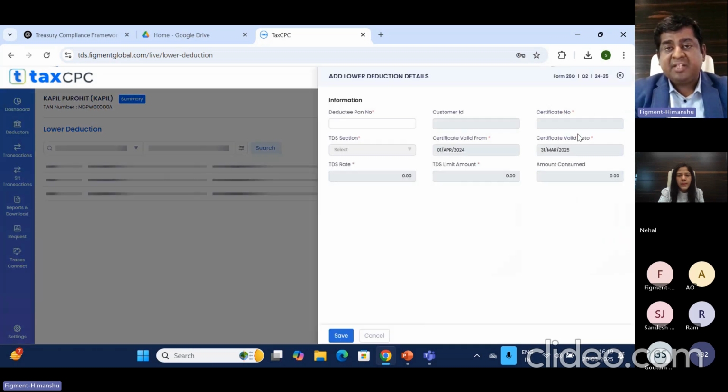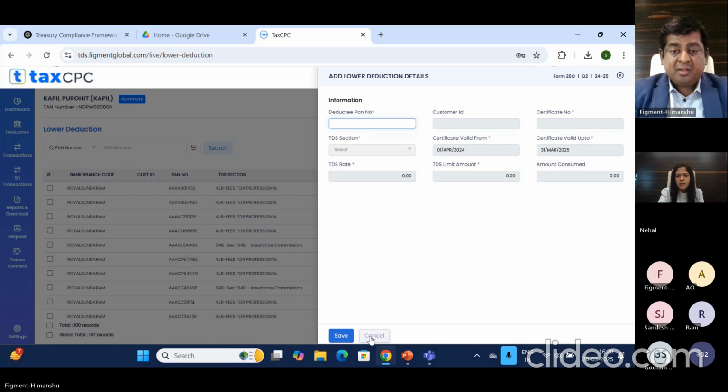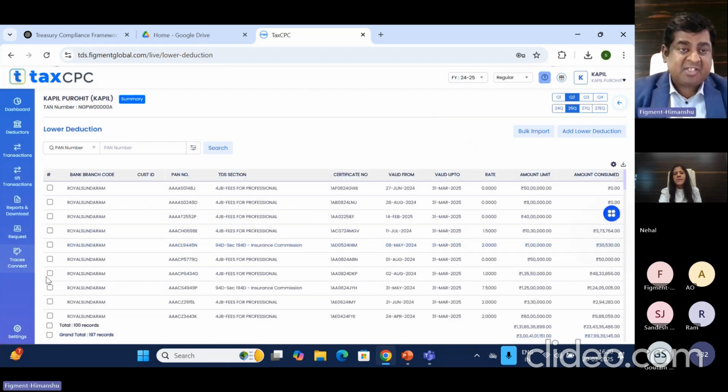अब यहाँ पे कैसे आएंगे लोअर डिडक्शन के सर्टिफिकेट, तो हमने दो ऑप्शन दिए हैं। या तो आप ऐड कर सकते हो लोअर डिडक्शन सर्टिफिकेट मैन्युअली। यहाँ पे आप पैन नंबर डालिए, कस्टमर आईडी, सेक्शंस, ये सारी चीजें डाल के आप मैन्युअली लोअर डिडक्शन सर्टिफिकेट्स को ऐड कर सकते हैं। और या तो फिर आप डेटा फैच कर सकते हैं। फैच कैसे करना है मैं उसको आगे आपको प्रोसीजर बताता हूँ। एक बार ये डेटा फैच हो गया, तो आपको दिखेगा ये किस पैन नंबर के लिए लोअर डिडक्शन सर्टिफिकेट है, फॉर व्हाट सेक्शन इट इज सर्टिफिकेट हैज बीन गिवन, व्हाट इज द सर्टिफिकेट नंबर, फ्रॉम विच डेट टू विच डेट इट इज वैलिड, एंड व्हाट रेट द लोअर डिडक्शन सर्टिफिकेट हैज बीन प्रोवाइडेड, एंड व्हाट इज द लोअर डिडक्शन सर्टिफिकेट अमाउंट।